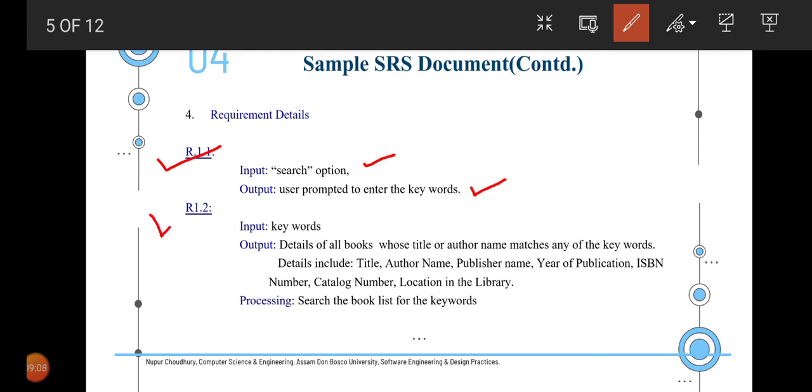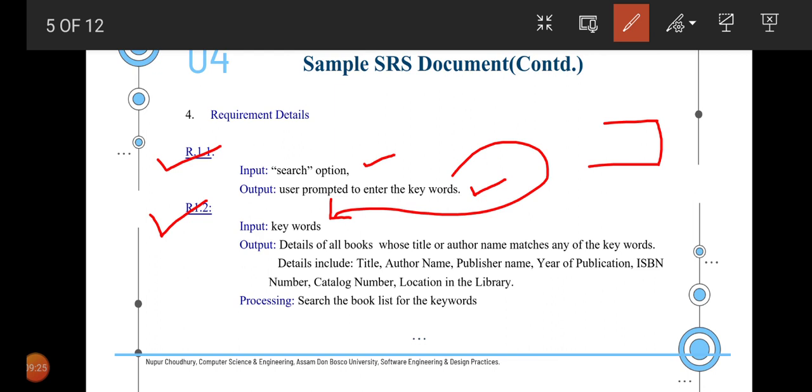In requirement R.1.2, the input will be basically the keywords that is generated by the first module or the first requirement of the requirement 1. So initially you have a search option. So here the input will be the click into this search option, and the output will be the prompt where you will be asked to enter the keyword.